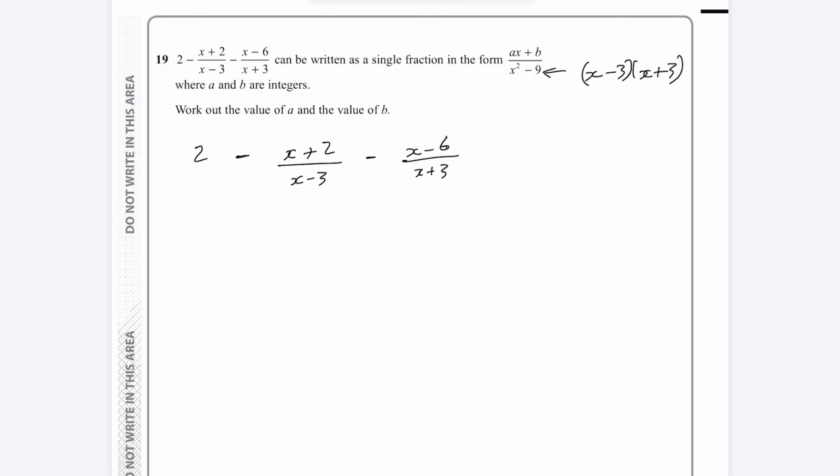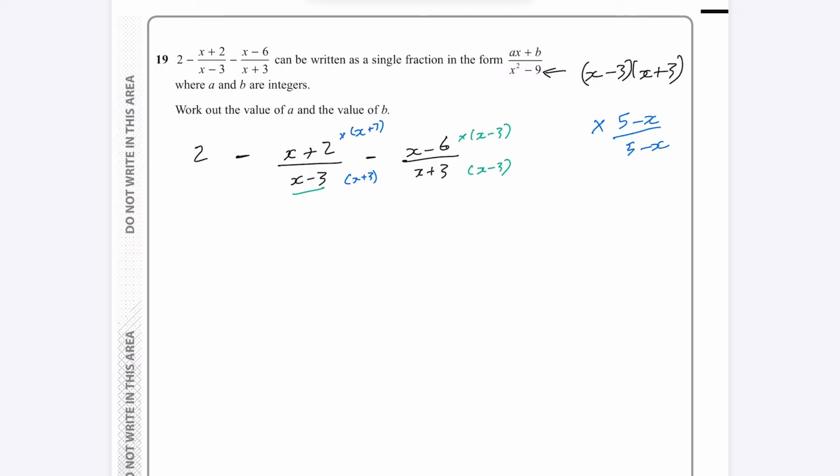In order to make the denominators of the second and third the same, I need to multiply the middle one, top and bottom, by x minus 3, and I need to multiply the last one, top and bottom, by x plus 3. We can leave the other one for now on the side. And remember, when you're multiplying top and bottom by the same thing, it doesn't change anything, because multiplying something by 5 minus x over 5 minus x